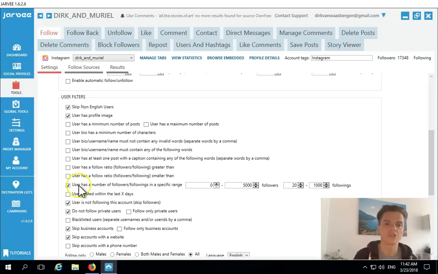What I do use is a user has a number of followers from a specific range. I target people that have up to 5,000 followers. That's really the max, because bigger accounts, they don't notice you. So you start to follow them, they will be followed anyway, so they won't notice you that quickly. And